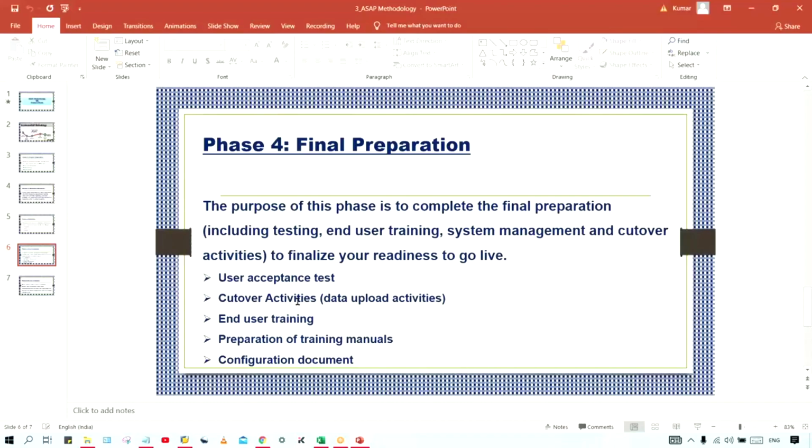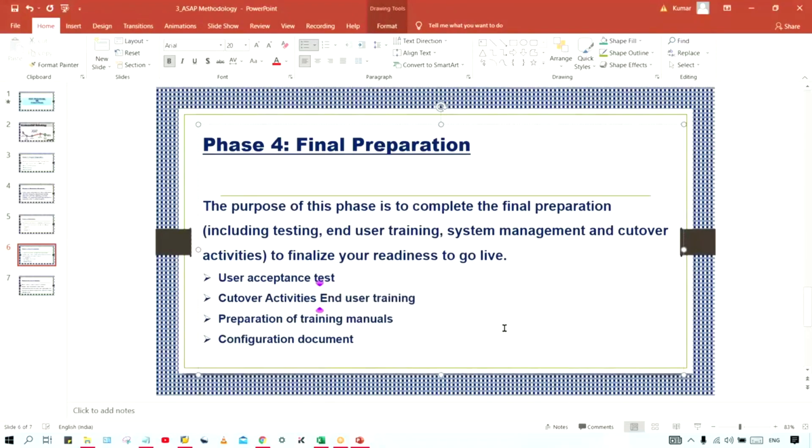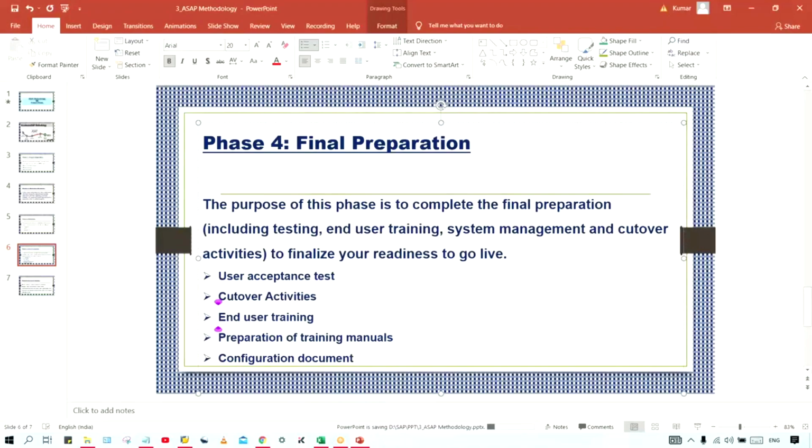And then finally we are having cut over activity. What is this cut over activity, guys? Can anybody explain what is this cut over activity? Anyone is having any idea? Cut over activity. Okay, so there is an answer from Raj.